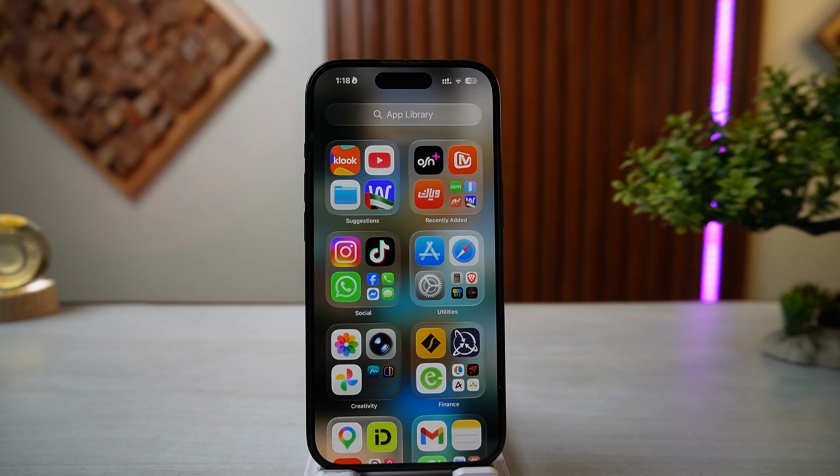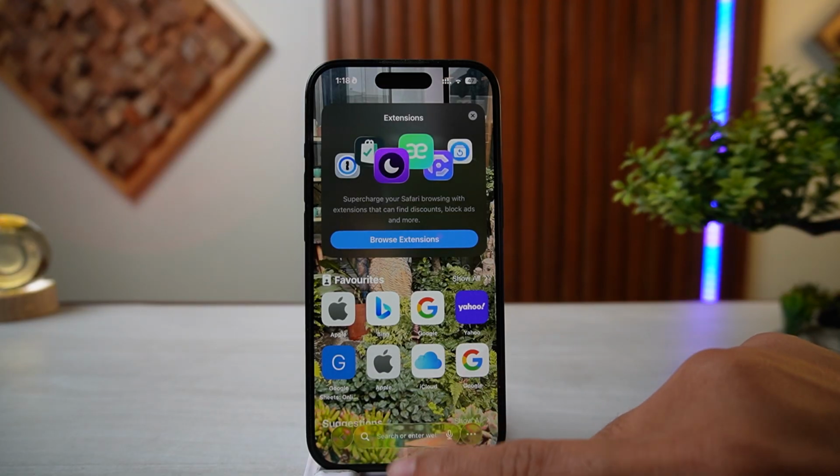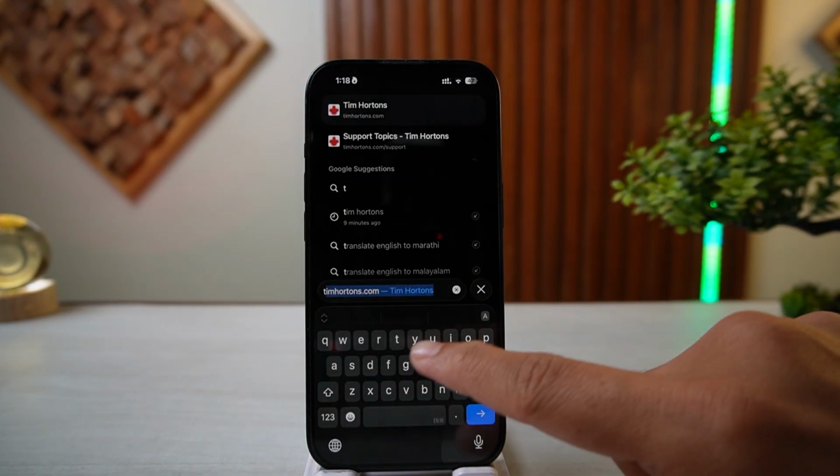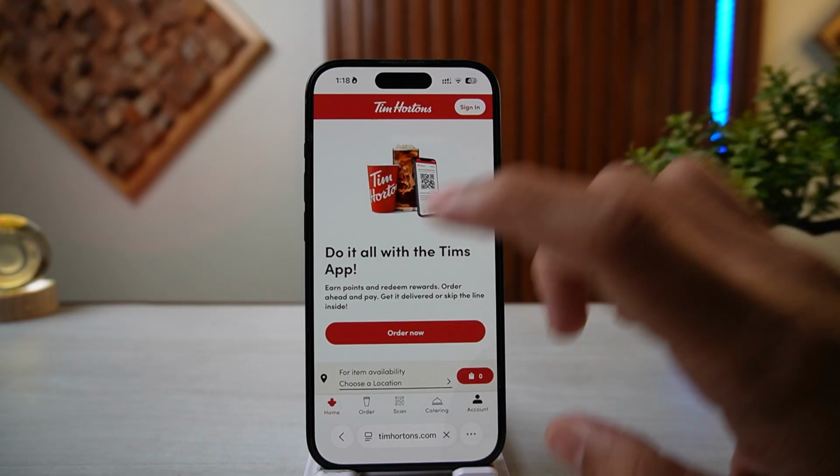How to get a refund on Tim Hortons UAE app. First, you want to go to your Safari, and here you want to tap on the search bar and search for Tim Hortons website. After that, you want to tap on the website, and here you want to scroll down